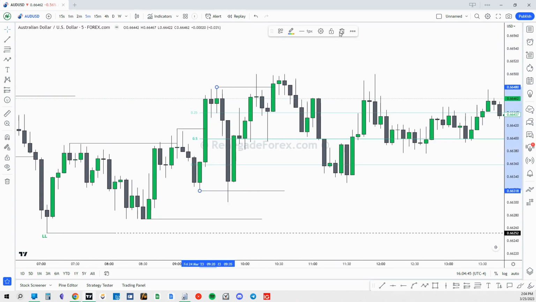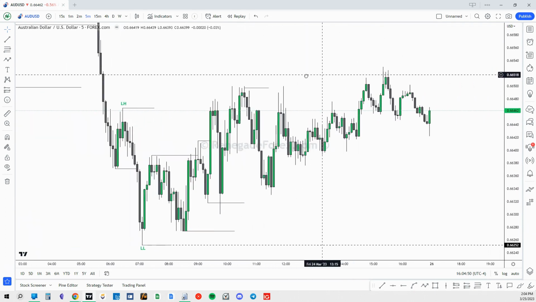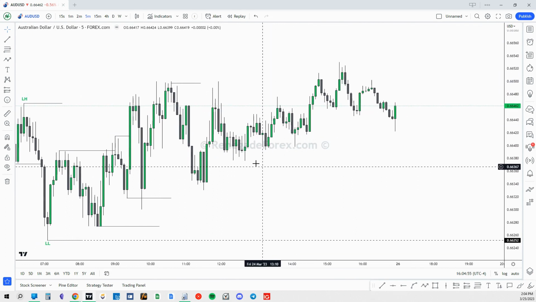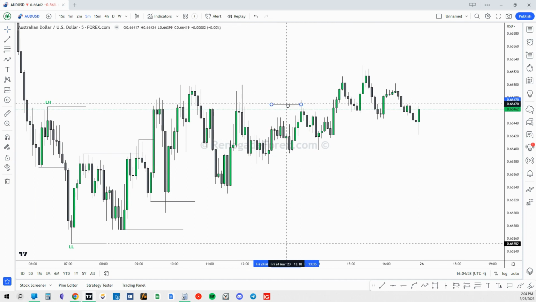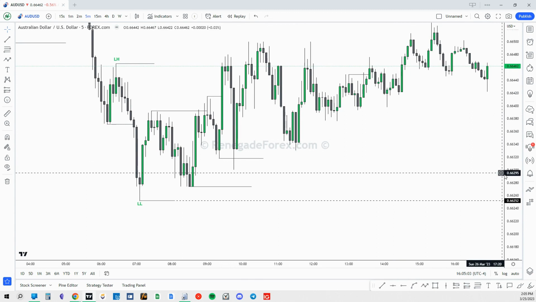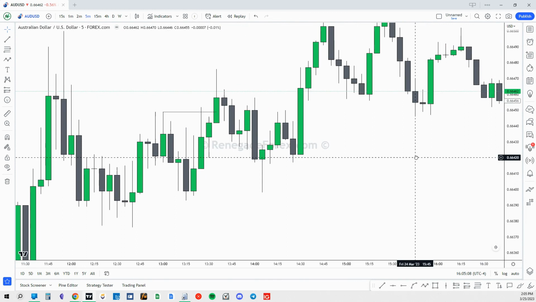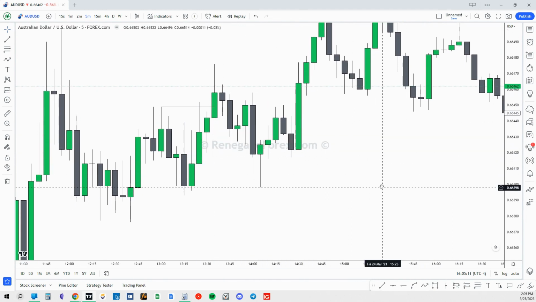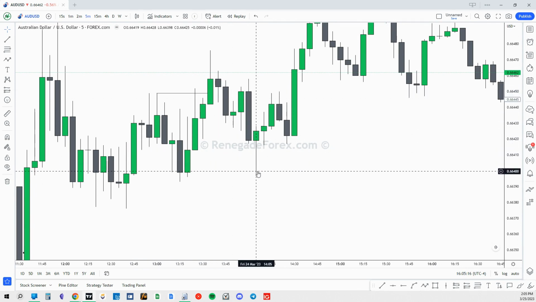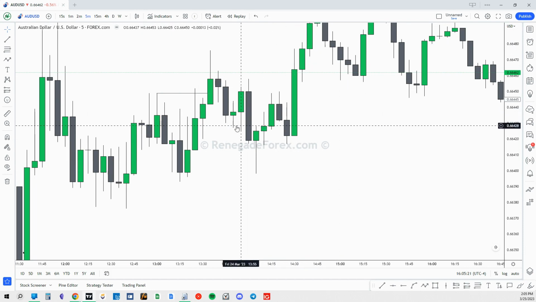Okay, let's do one more example. I'm going to zoom in to get a really up close look so that we can define it without all the extra noise. On this lower time frame, after a little pullback, we do have a break of structure. Let's pay attention just to this chunk of price right here. We have a pullback, a break of structure, and then price trades back down and continues the trend to break a new high